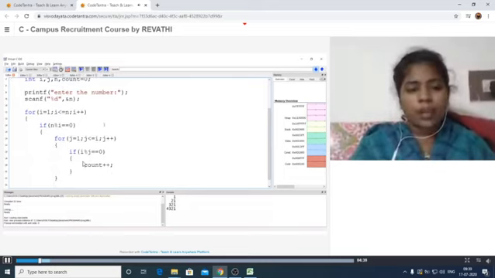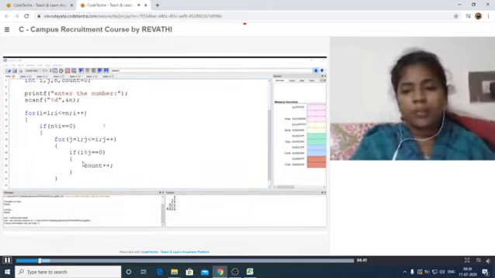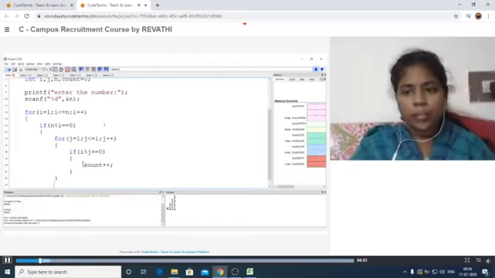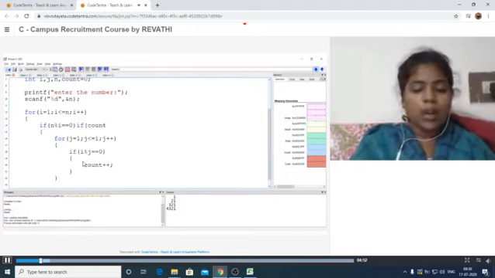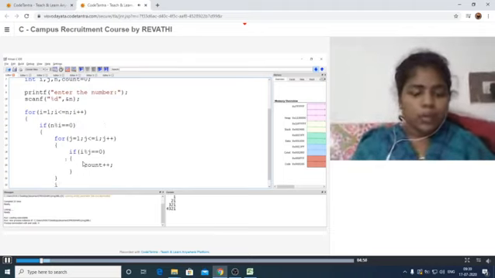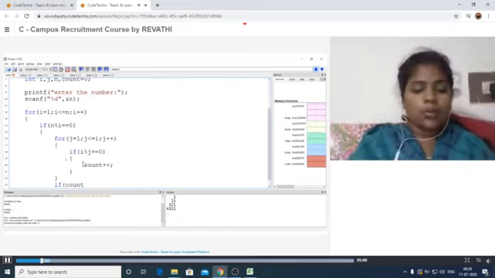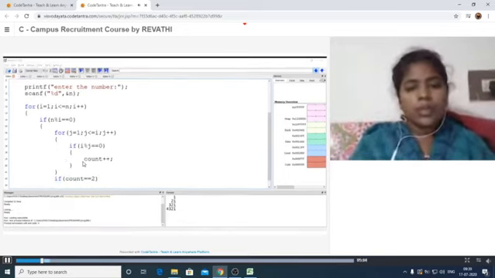Now whenever this for loop ends, it has to check if count is equal to 2, then it has to print the prime factors here.